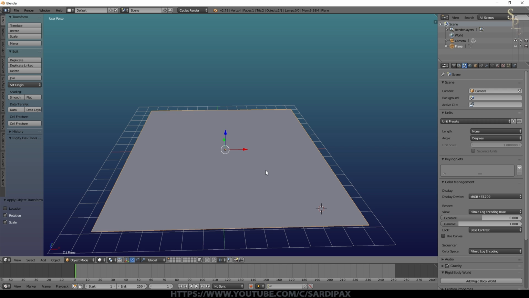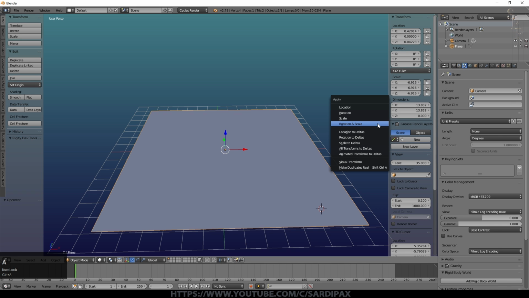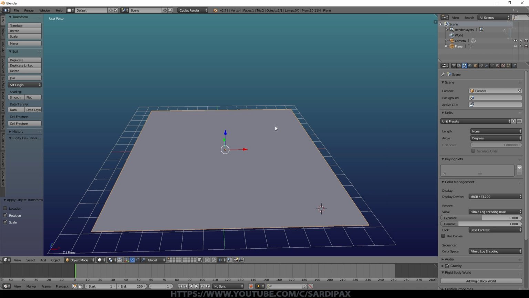Whenever you're going to use physics and interactions of particles and physics objects and things like that, it's always worth applying rotation and scale. This relates to the menu on the right hand side, which you call with N. If I undo that apply, you can see the scale here is -6. Just the direction that I went when I scaled it, and the dimensions are 13 by 13. If I now Ctrl A and apply rotation and scale, you can see the scale has now dropped to 1. So effectively I've reset the scale on this. It's a scale of 1. This is, as it were, the real size of this object. And that's necessary due to some of the add-ons in Blender not necessarily using the scale factor as they should.